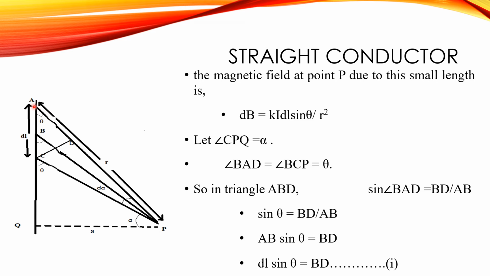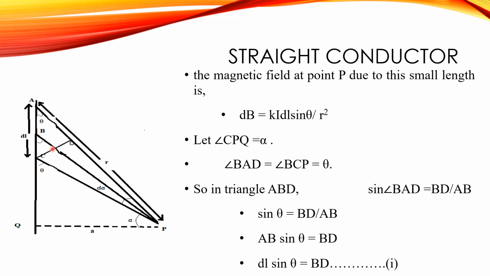We have marked this point somewhere here B, somewhere here C, and we have drawn a perpendicular over here at D. All these things are done to find out the magnetic field of this straight conductor, and we are simply making small parts dl of a long straight conductor, and that's why we have taken this